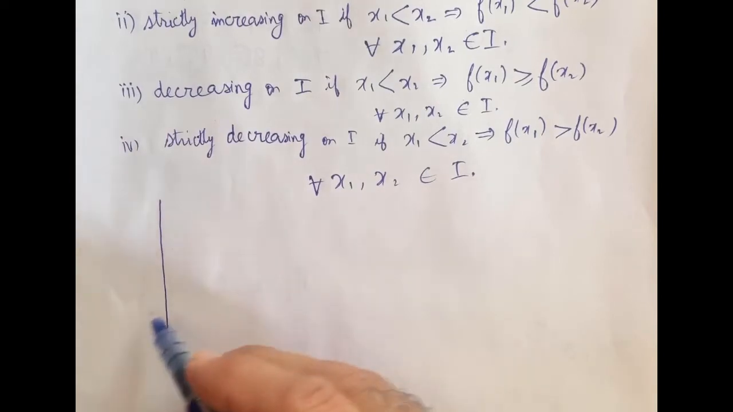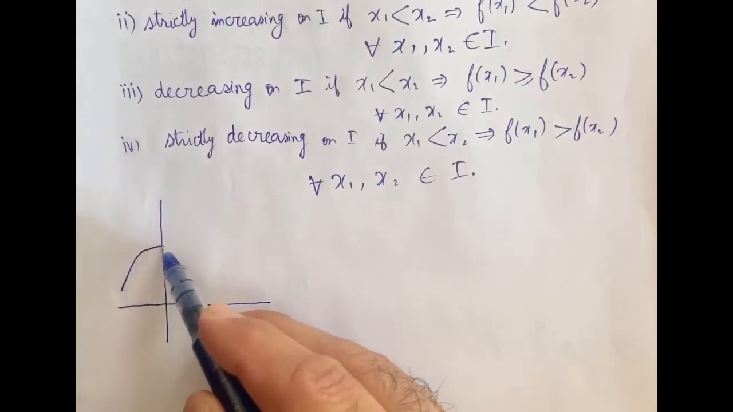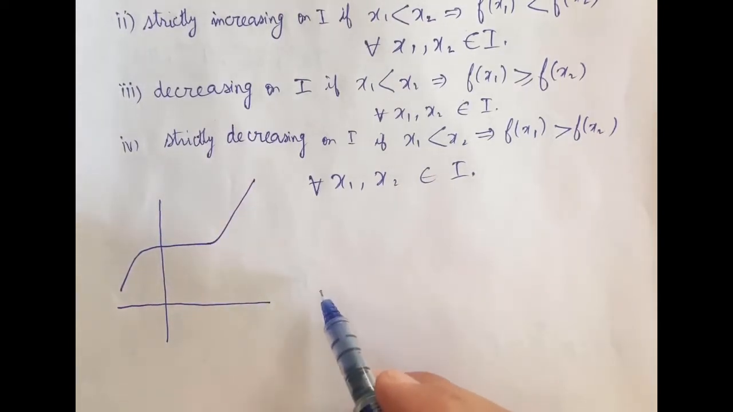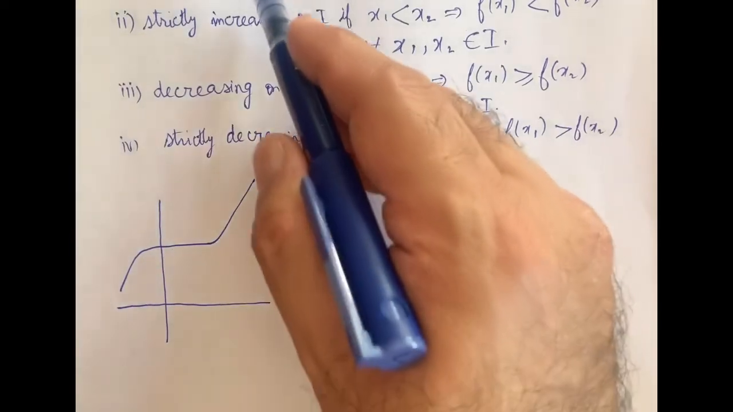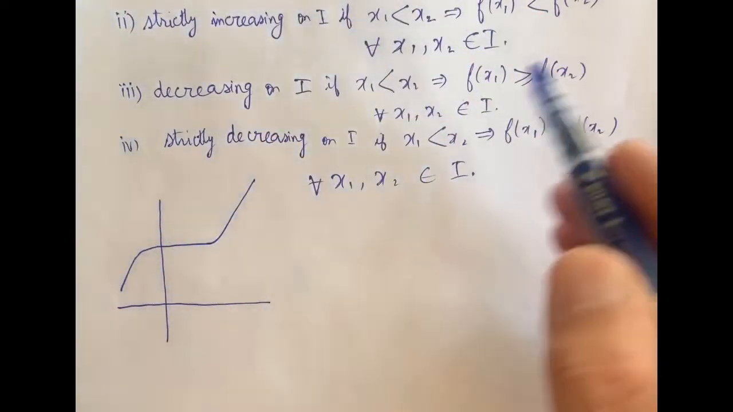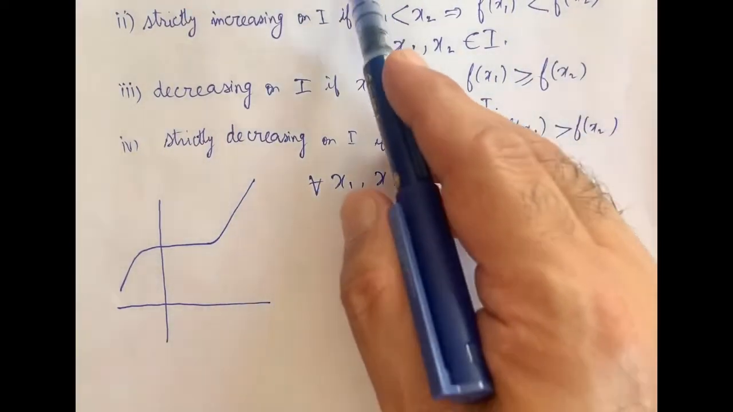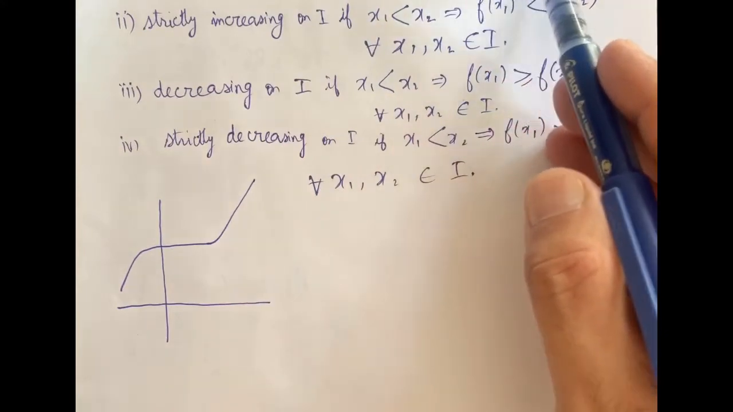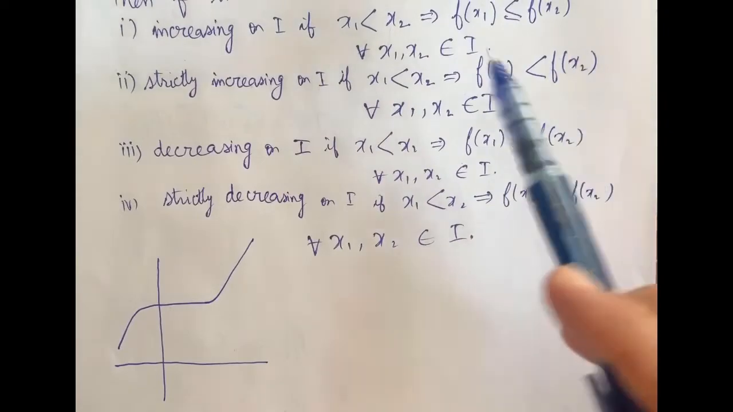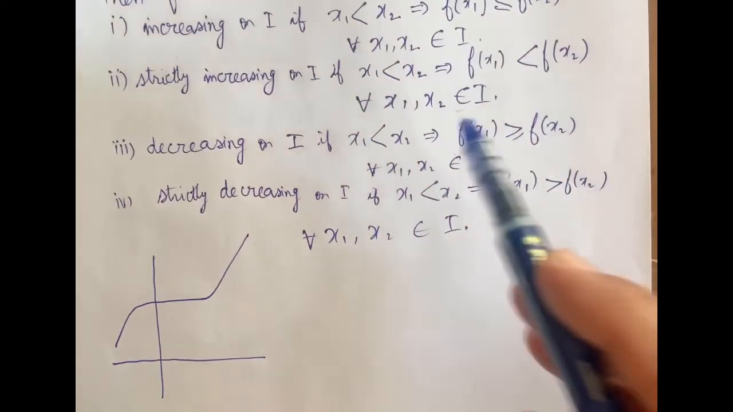This is y-axis, this is x-axis. So let's say this is graph of the function. So this function, this is of category 1. For this part where graph is horizontal, we have f of x1 equal to f of x2. Otherwise, x1 less than x2 implies f of x1 less than or equal to f of x2. For the second,